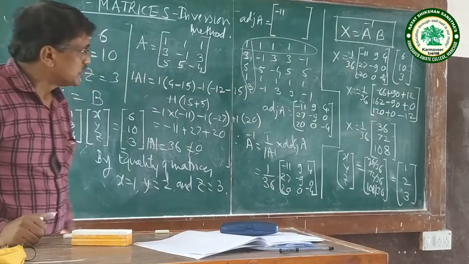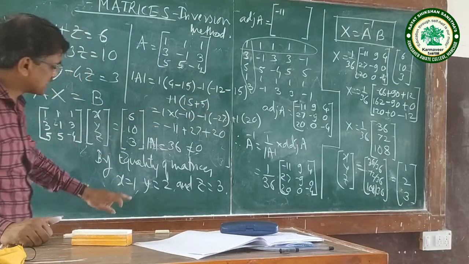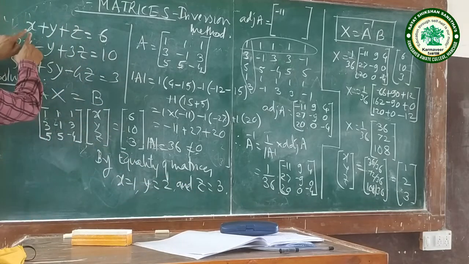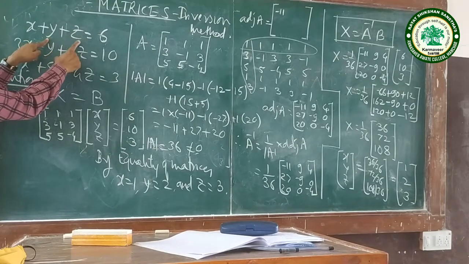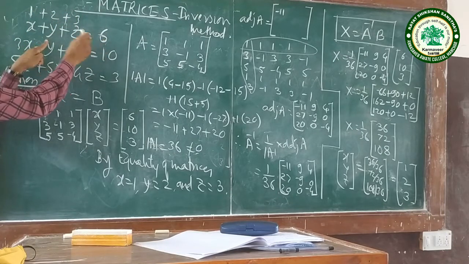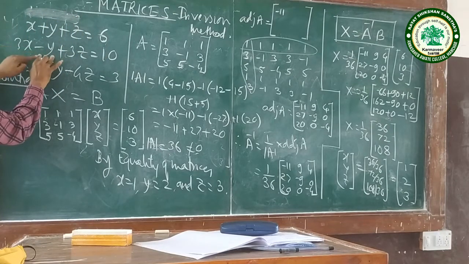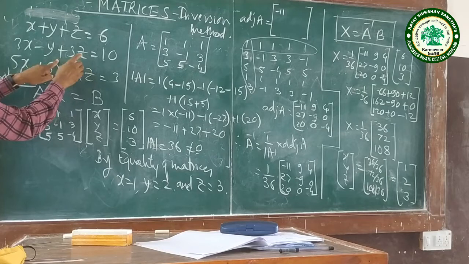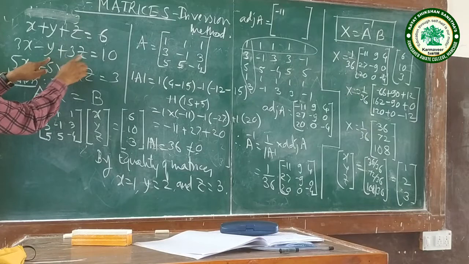Let us verify whether these solutions are correct or not. So what is X? X is 1, Y is 2, Z is 3. Let us tally in any one of the equations. X is 1 plus Y is 2, 1 plus 2, 3, plus Z is 3, 3 plus 3, what do we get? 6. Next, X is 1, 3 into 1, 3, Y is 2, 3 minus 2, it is 1, plus 3 into Z, it is 3 into 3, 9. 3 minus 2 plus 9, so it is 1 plus 9, it is 10.